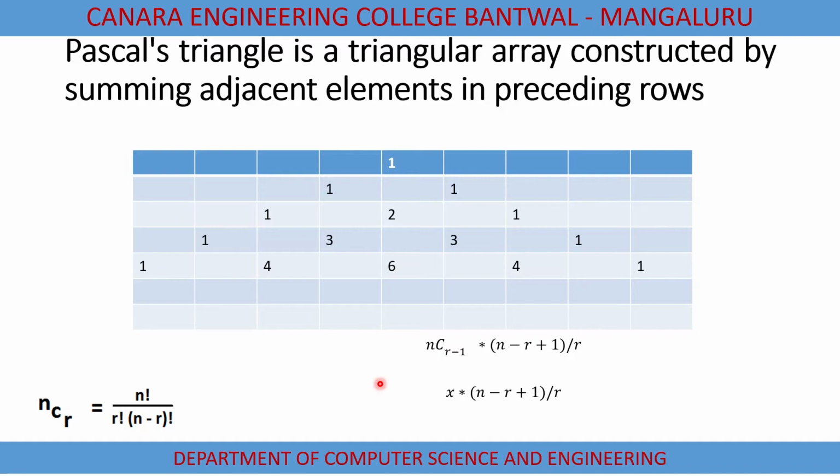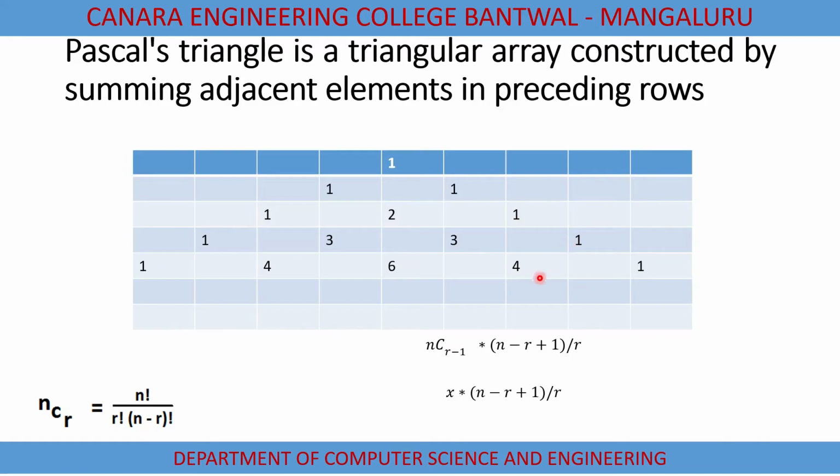Now we'll try to implement this concept and see how exactly it looks in terms of nCr. The first element I can write as 0C0, as it belongs to the first row, that is the 0th row, 0th element or the first element. In the second row I can specify it as 1C0, that is the second row and the first element. The second element I can specify as 1C1. Similarly, the third row I can specify as 2C0, 2C1, 2C2, and this way it goes on till the n rows.